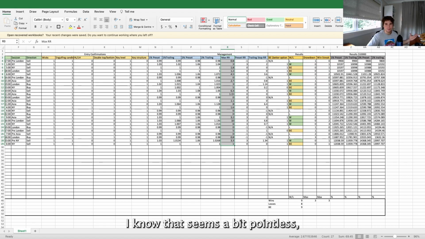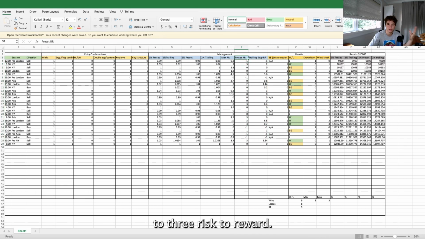I know that seems a bit pointless, but it's very important to compare your max RR to what you actually ended up getting. What we can figure out with this max RR, say for instance, our preset over here, using that 1 to 3 risk to reward, say we hit a 1 to 3, our max RR was 4.5. We missed out on